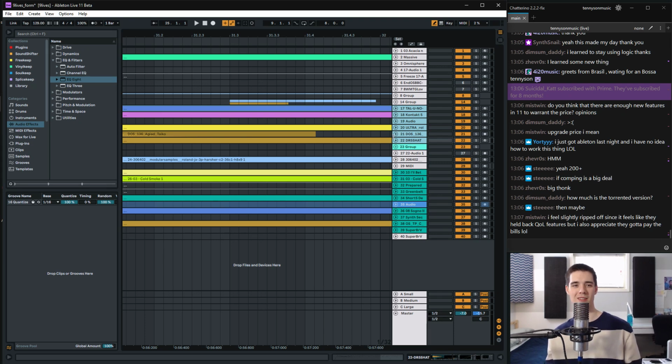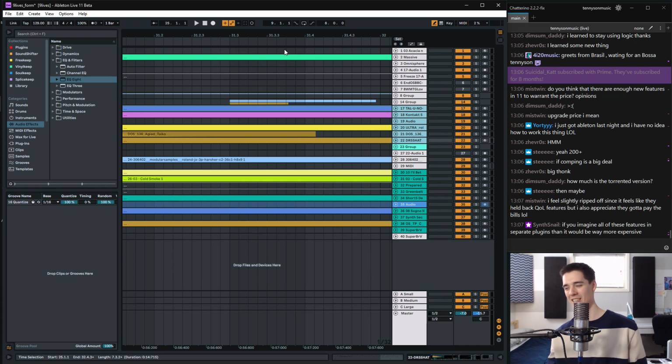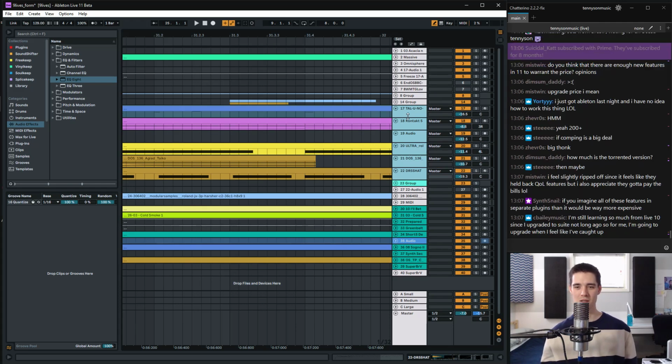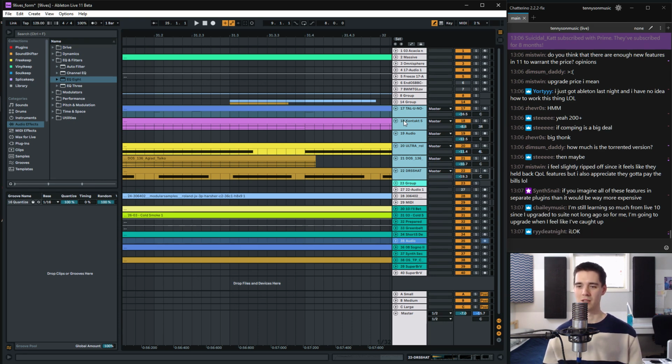If you can't afford it, I mean, you can steal it if it's really not worth it. I think Ableton purposely makes it easier to steal Ableton than, if you ever try and steal Pro Tools, it's insane. They have these USB key lock things that you need. They've done so much to make it really impossible to torrent. But